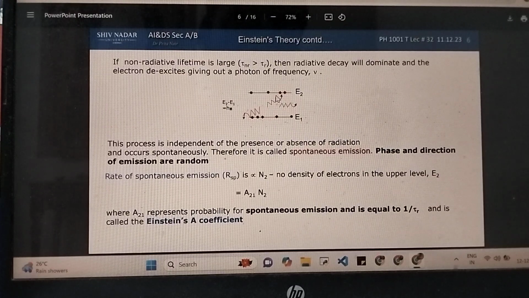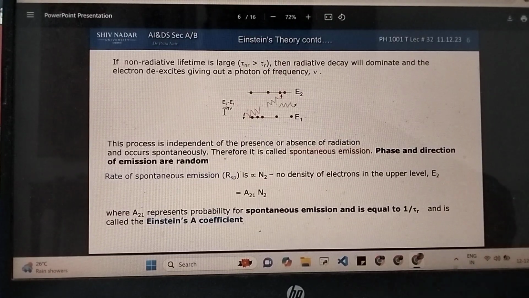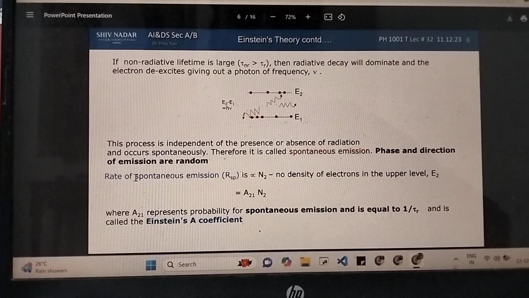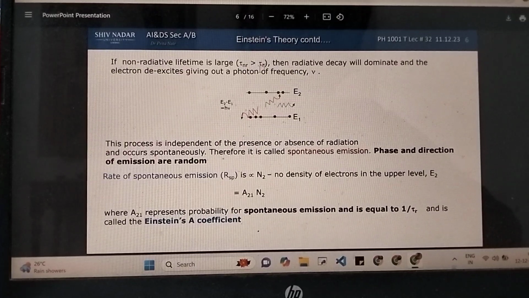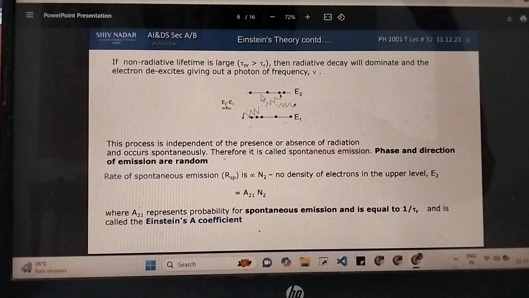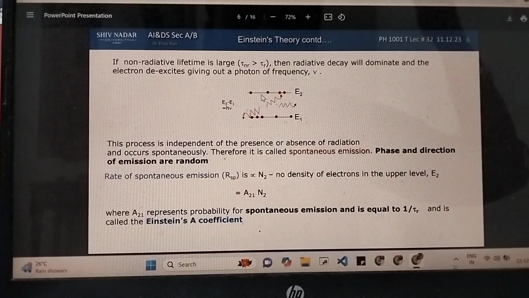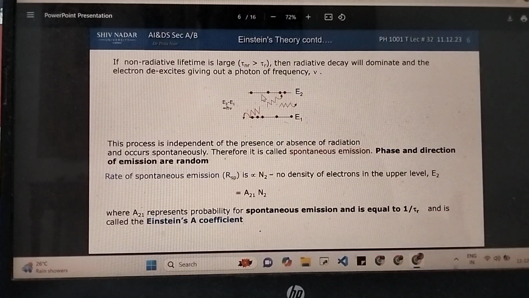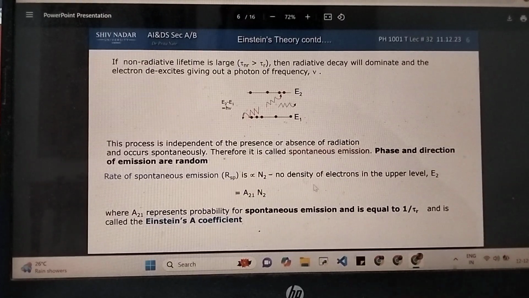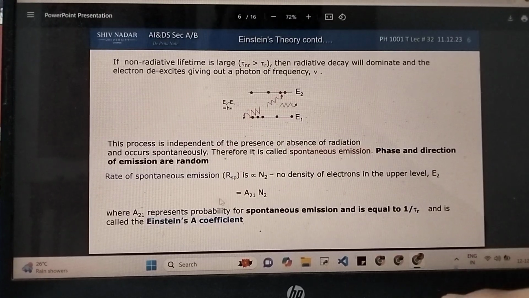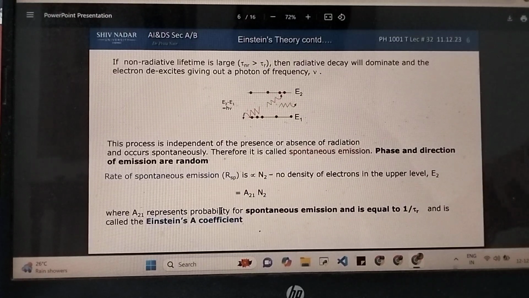The only common thing will be the frequency of all photons is h nu, because E2 minus E1 is constant, it's equal to h nu. So that is spontaneous emission. The rate of spontaneous emission, again RSP, is proportional to the number density of electrons in the upper level N2, because spontaneous emission happens from E2. Whatever is present in level E2 is only going to come down. So it depends on N2. But again, there is no energy you are providing, which is why there is no proportionality to rho nu d nu here. So RSP is equal to A21 N2, where the constant of proportionality A21 is the probability for spontaneous